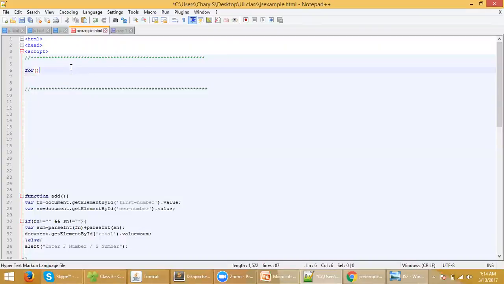For is a keyword which is used to write for loop, and inside for loop we'll have